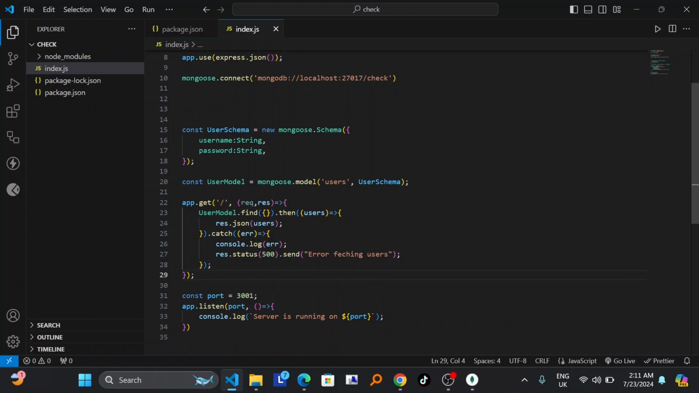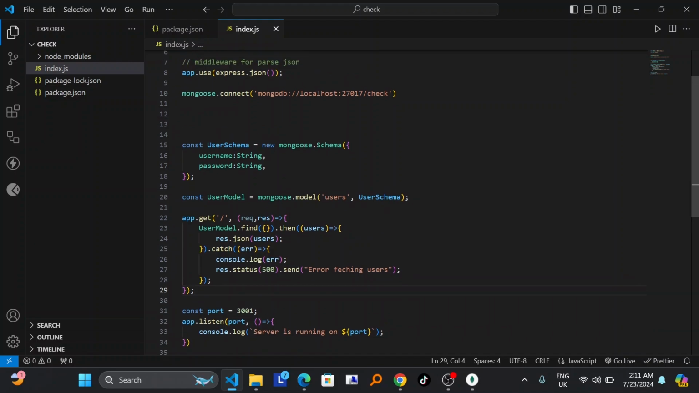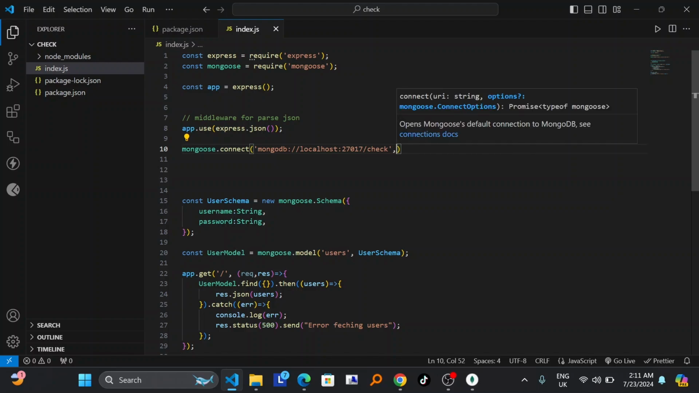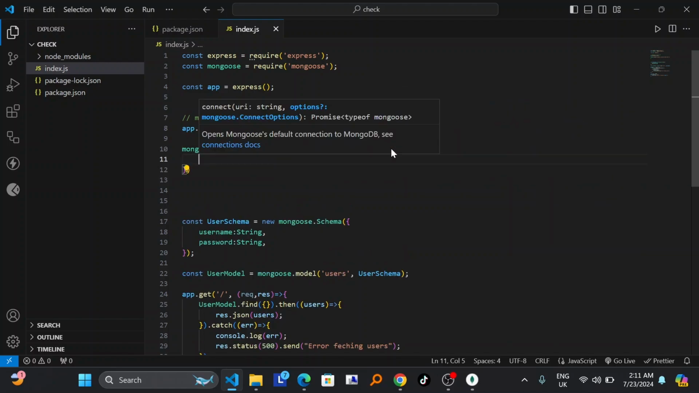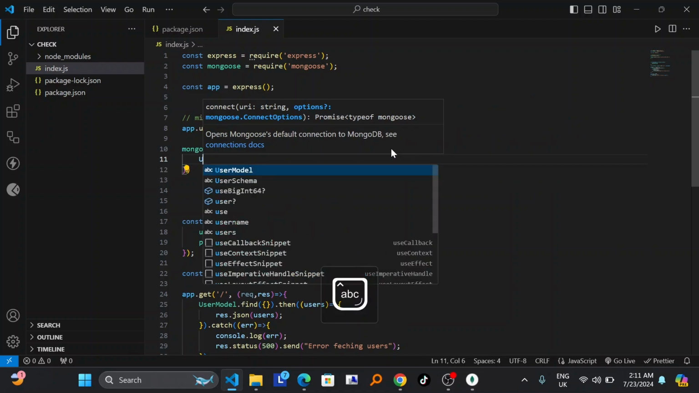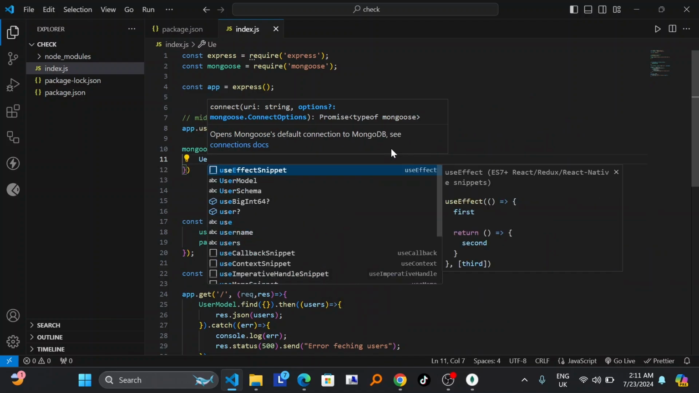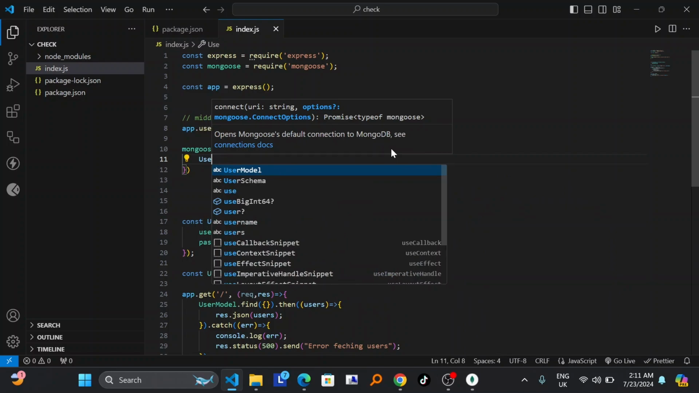And after writing this, I can also come back here on my connection. I can keep the semicolon here and open this. Inside it, I can use user, use new,